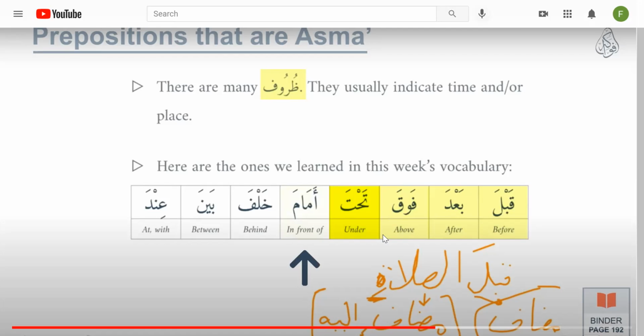So yes, this is one of those things that I don't think you guys are at the level where you can go and read up on theory about this. I would not recommend that. Your brains would implode, trust me. So I would just focus on this. Yes, these words, even though they look like huruf, they are not huruf. They are isms, and the word that follows it is not ism majroor. It is actually a mudaf in the idafa construction. I hope that makes sense.